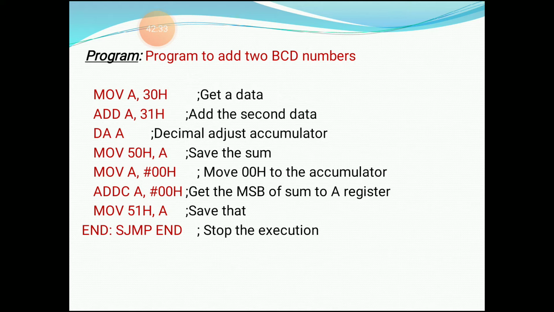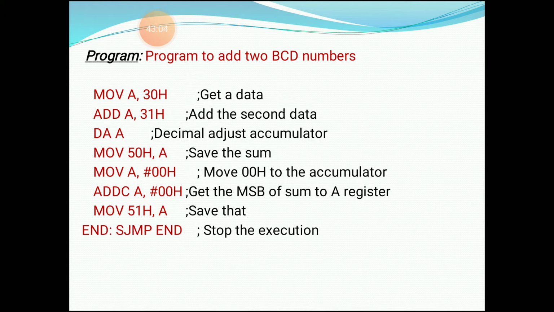After adding 06 to the accumulator, the DAA instruction again checks the higher 4 bits. If the higher 4 bits are greater than 9 or the carry flag is set, 60 will be added to the accumulator. So by adding 06 to the lower 4 bits and 60 to the higher 4 bits, we get a valid BCD number. After getting the valid BCD number, now perform another operation: the accumulator value containing the valid BCD number is loaded into the 50H location.